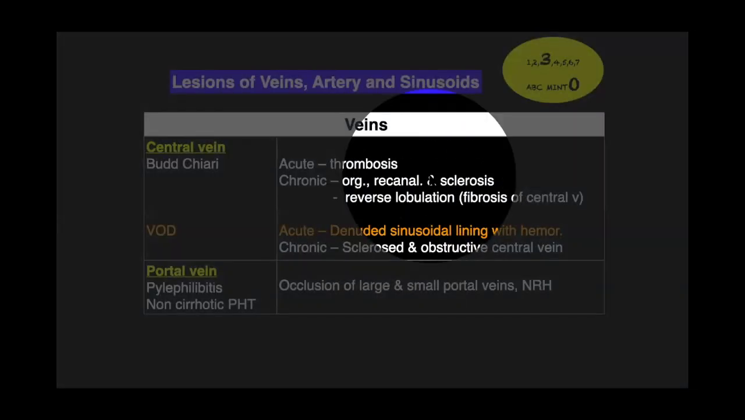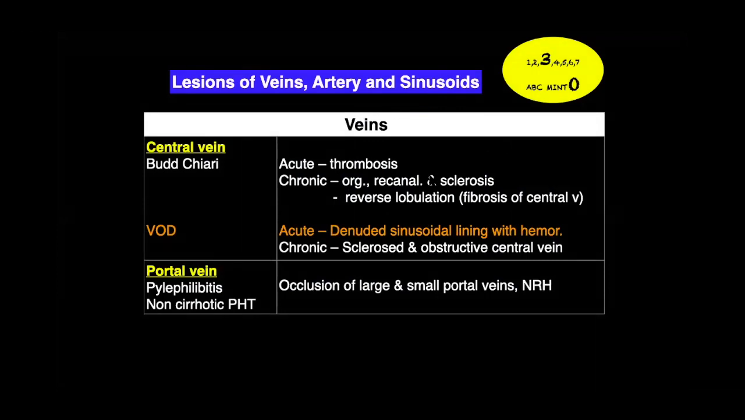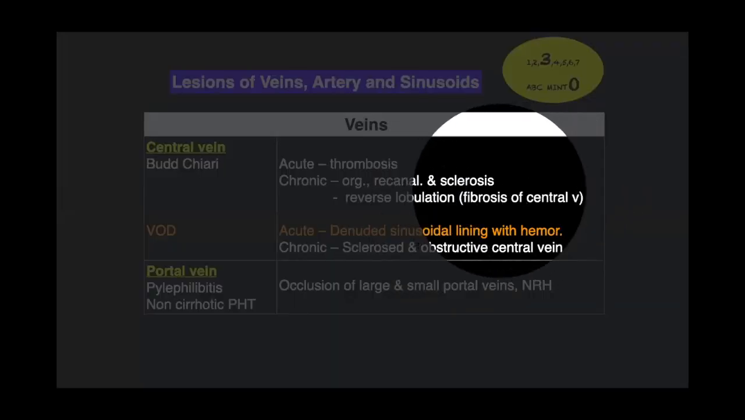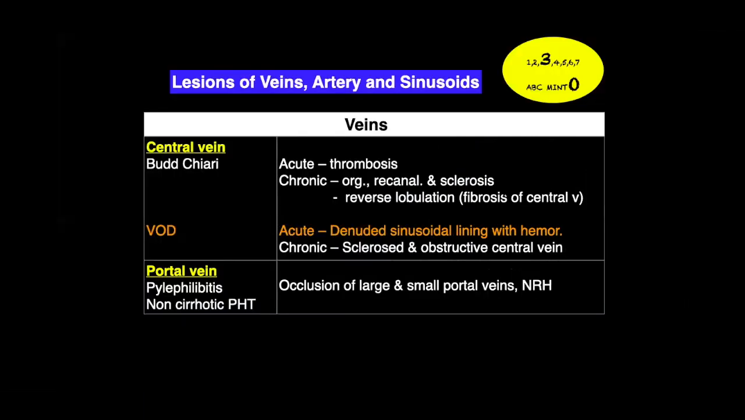Reverse lobulation. See, usually fibrosis happens in the liver around the portal tract, whereas in Budd-Chiari syndrome, the fibrosis happens around the central vein. That's why it is known as reverse lobulation. We will see the picture in a minute. Then the veno-occlusive disease,